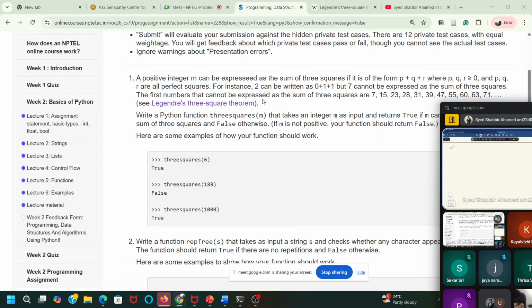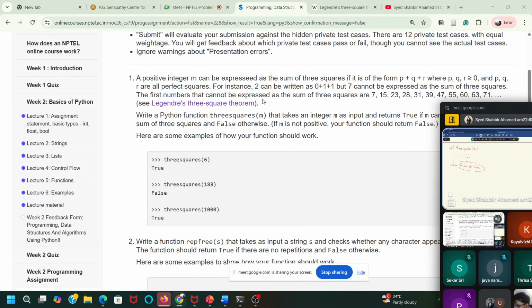First function was three squares, and we have to write something, and then you have to return either true or false. So the output should be true or false. I'm just giving a comment here.